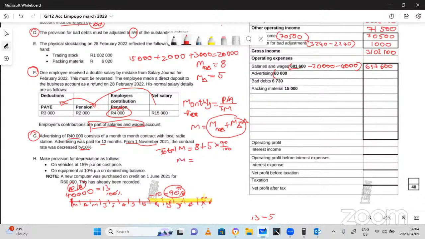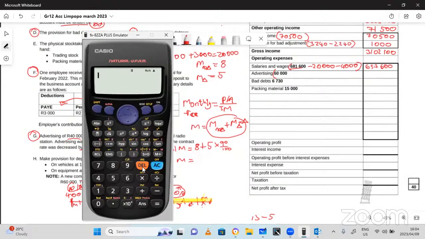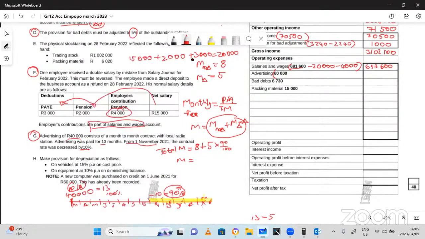8 plus 5 multiplied by 90 over 100. Or you can just punch the whole thing on your calculator. If you are using a Sharp or another type of calculator, you will have to use brackets. You open brackets over here and multiply by 90, divide by 100, because you will be using divide. But it's easy if you are not using a Sharp, you will just punch it as it is. Then you will get what? 25